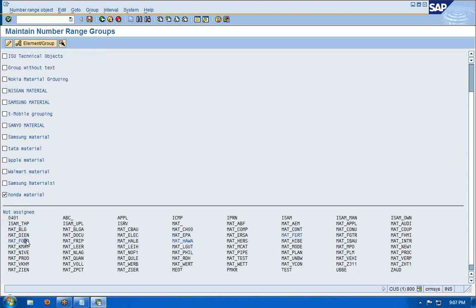Required in your group. So select this, click this element group. So those categories